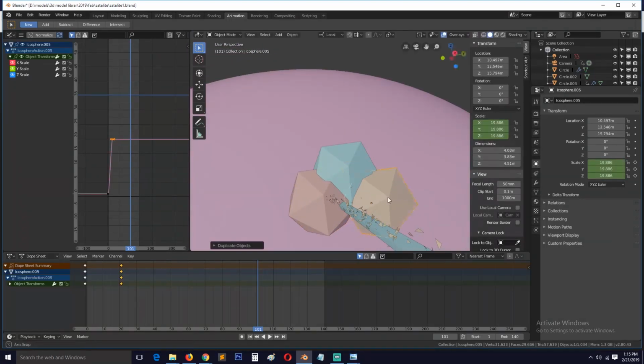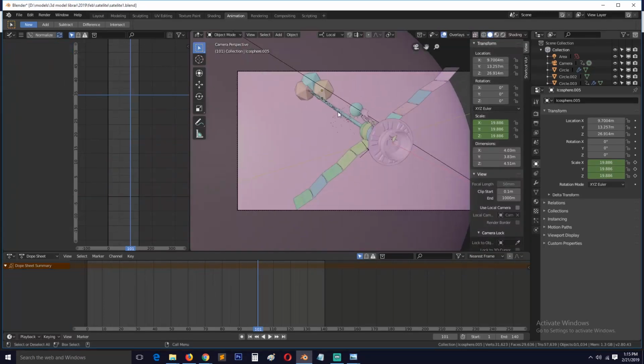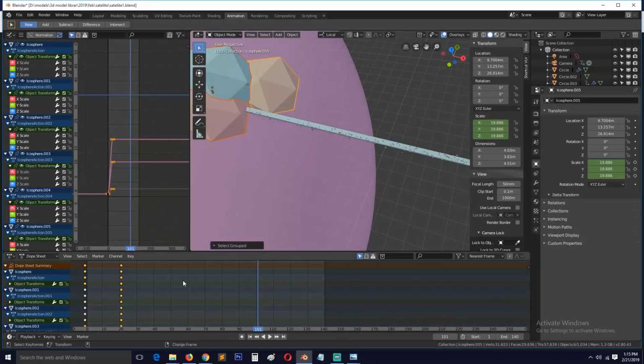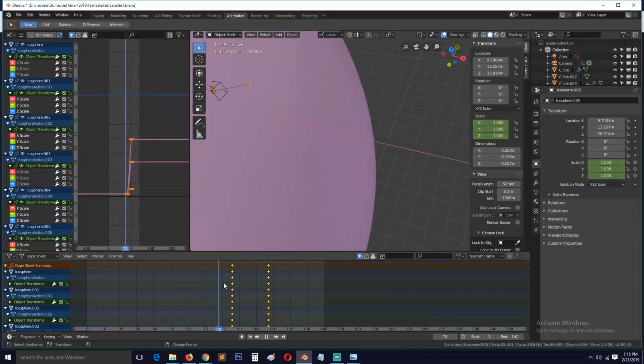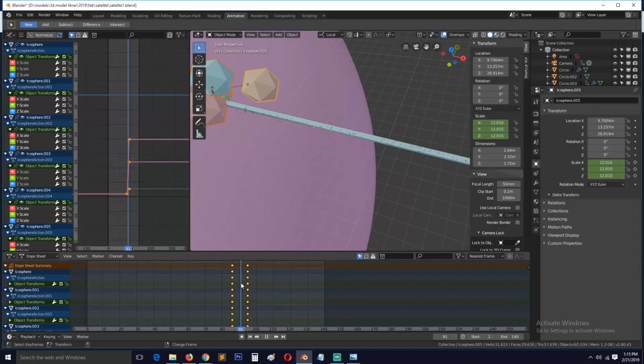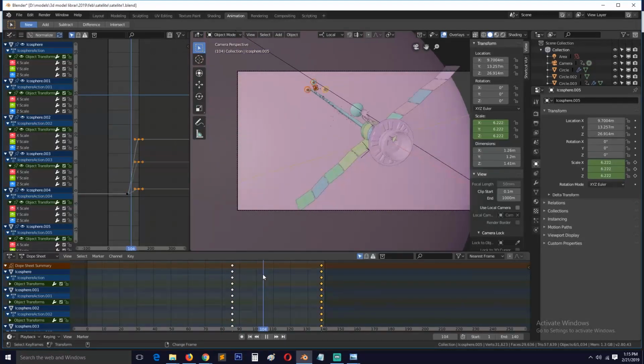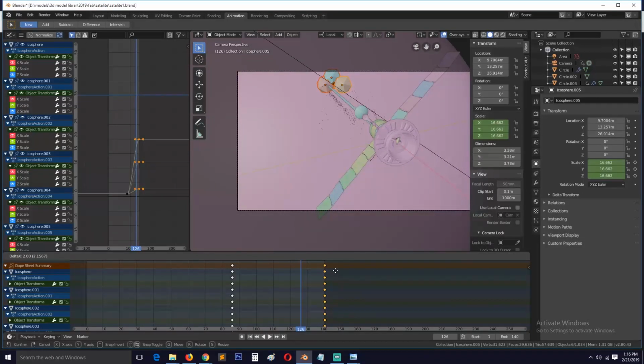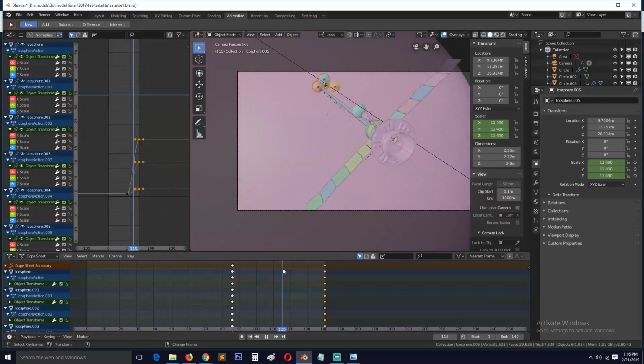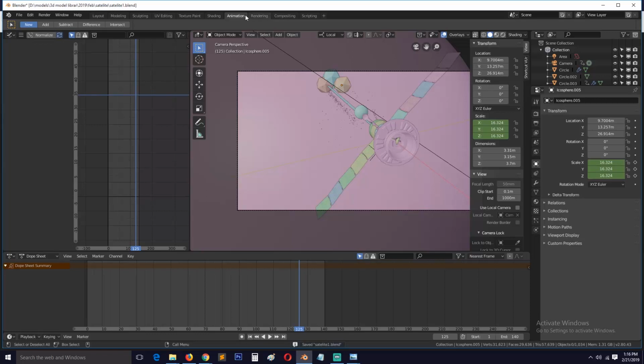Also make sure that you move the keyframes to where the beam hits the planet, so that you have that explosion like you see there. Also, I slowed down the explosion a bit because we are far from the planet, and because this is a really massive explosion, it will be as